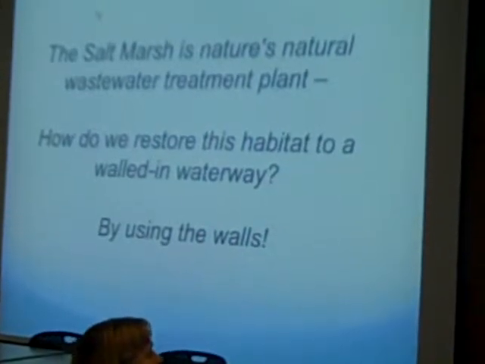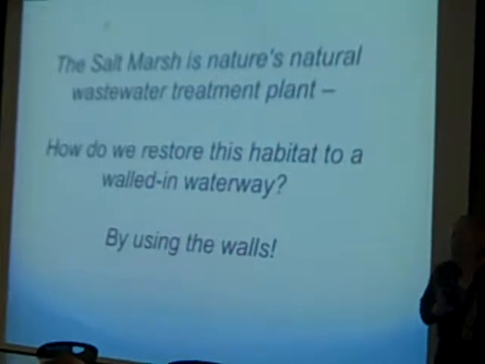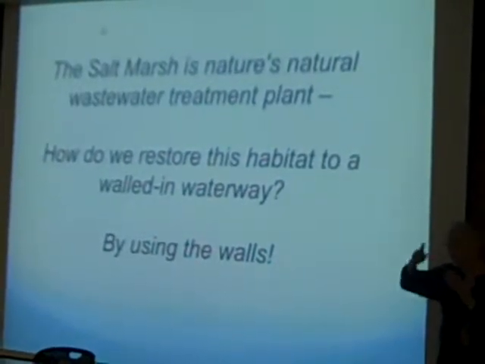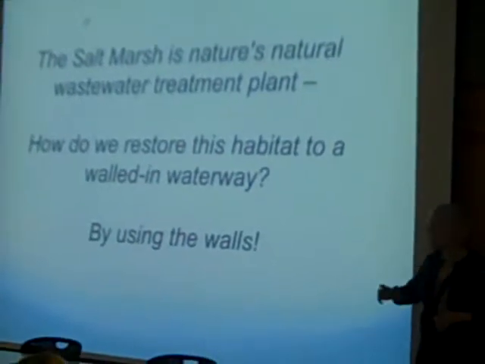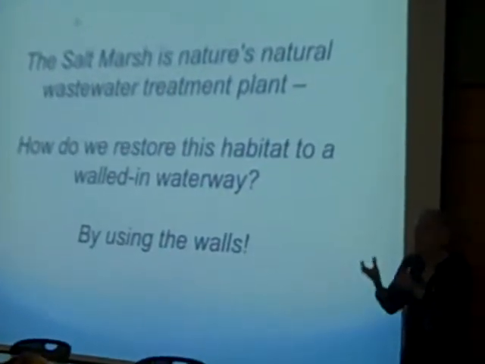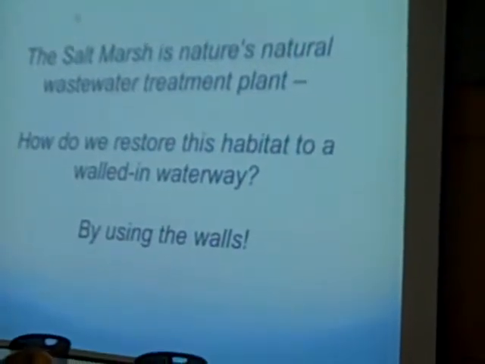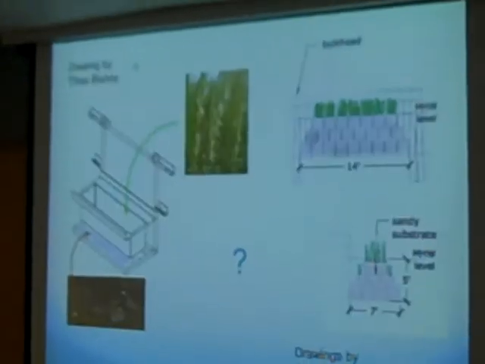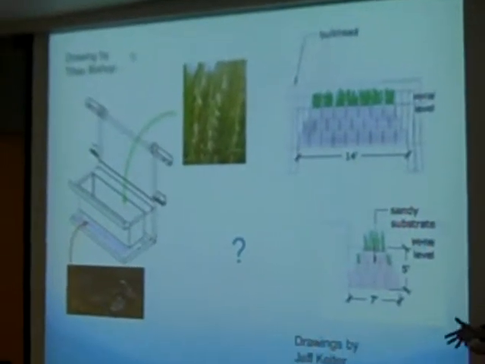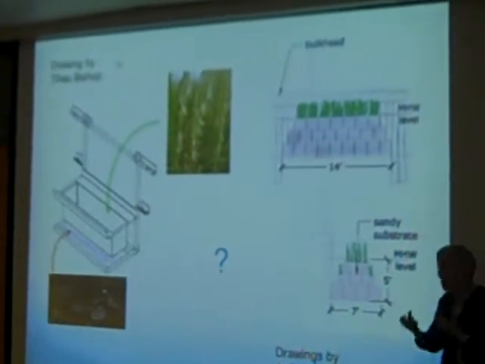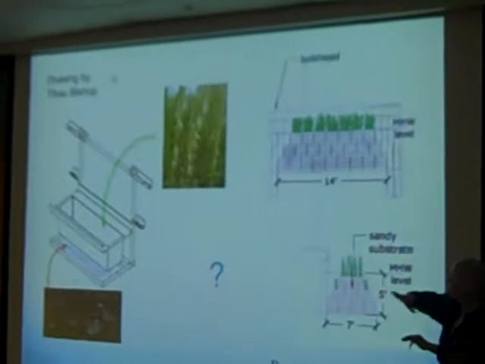So all of these factors, these poor water quality conditions with respect to dissolved oxygen fluctuations, fluctuating pH, high turbidity levels, they can be mitigated if the natural habitat were present, and that is the salt marsh. But the question is now, if you have a walled-in basin, and this is my last slide, how can we use the walls to bring back, to restore the natural habitat, which could then remediate the water quality of the creek? And why? Well, salt marsh